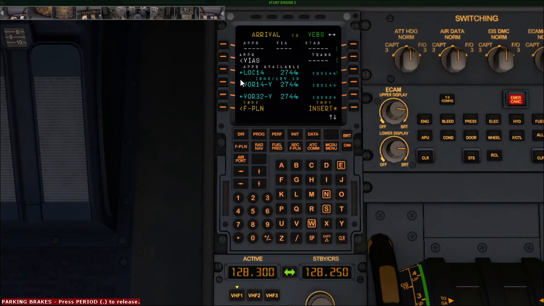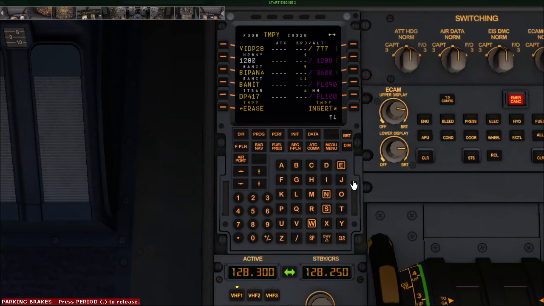I'll be landing on ILS 14, with Maypole via, inserting that. It has already connected. You can see that it is connected and we are having BEBS 01 right. So I'll be temporarily inserting this. So this is the end of the alternate flight plan.